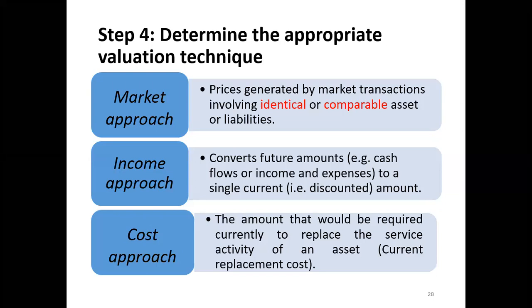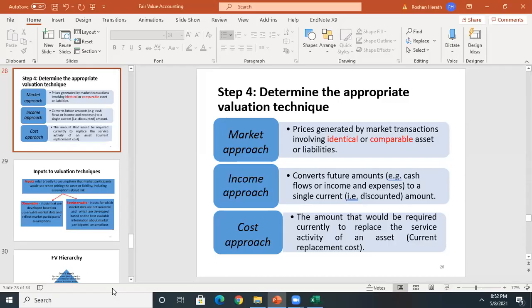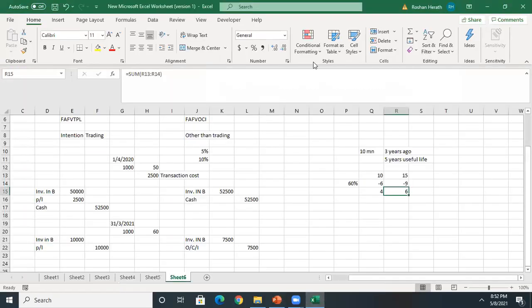Certainly, the future cash flows must be there. And the problem we have is that we may find it difficult to forecast. Depending on whatever resources we may have, we may find it difficult to forecast. Because of that, we are taking a different approach, the cost approach. When it comes to the cost approach, we are talking about an asset we have used for a particular period of time. So to reflect that particular use, we are doing an adjustment.